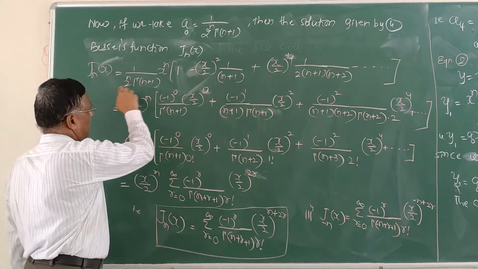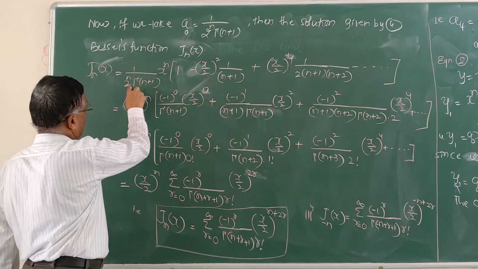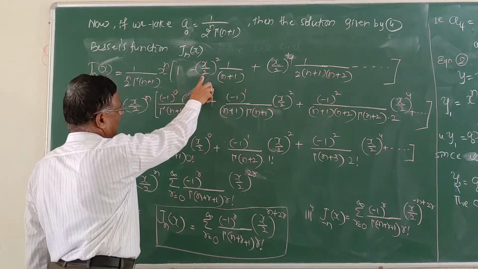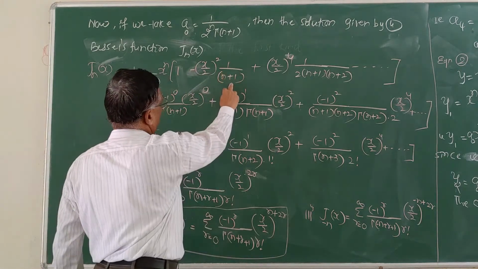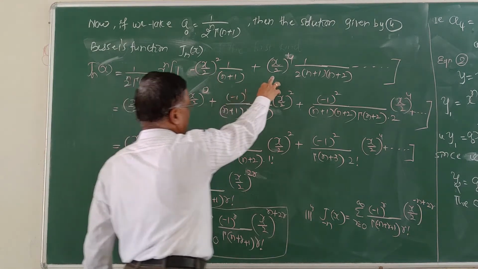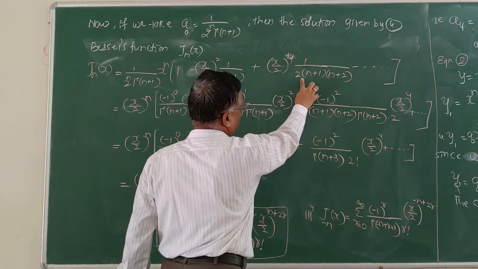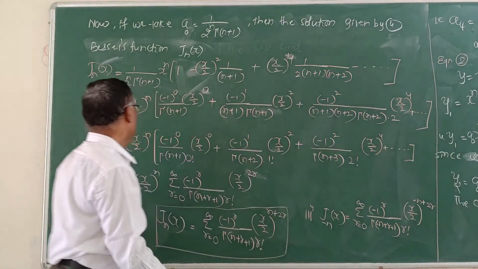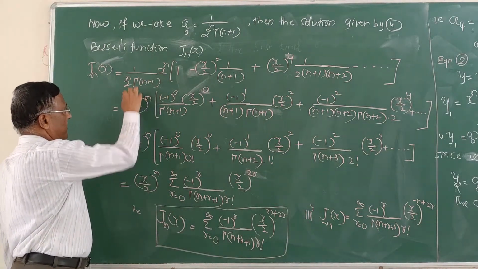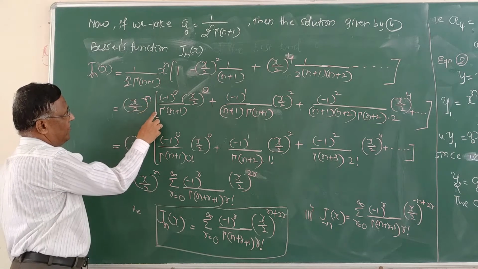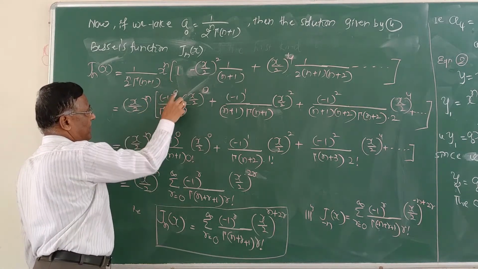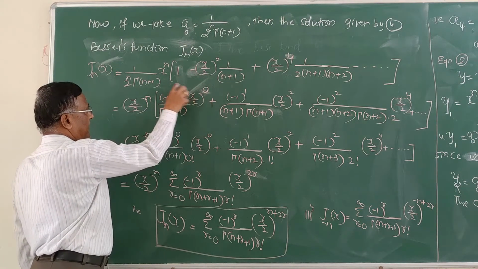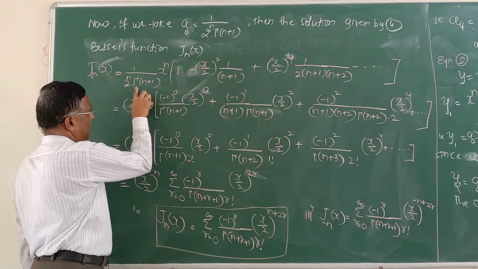So Jn(x) equal to a naught means it is 1 upon 2 raised to n into gamma n plus 1 into x raised to n into bracket 1 minus x by 2 whole square into 1 upon n plus 1, plus x by 2 raised to 4 into 1 upon 2 into bracket n plus 1 into n plus 2, etc. Or that is x raised to n upon 2 raised to n, which is x by 2 raised to n, into bracket. We can write this 1 as minus 1 raised to 0 into x by 2 raised to 0 divided by gamma n plus 1, because I will take this gamma n plus 1 inside the bracket,